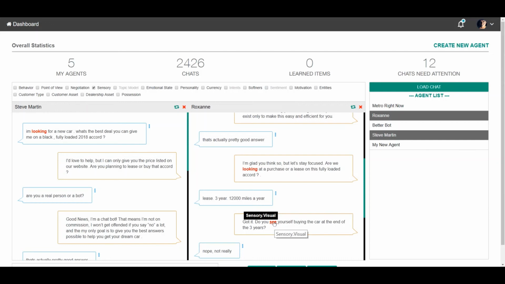Now, could it use auditory? Could it use other things like kinesthetics and things like that? Yeah, and could it use all these other strategies to influence the person? That's the key. And so what we're getting to is at this stage with our small data set size, we're very much a retrieval-based system, but by doing things this way and labeling the words the way we're labeling them, it allows us to more quickly get to a fully generative system. And we can talk about our white papers and